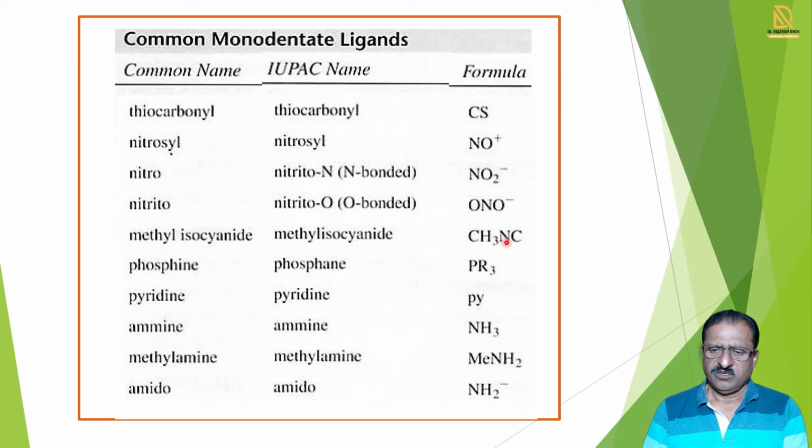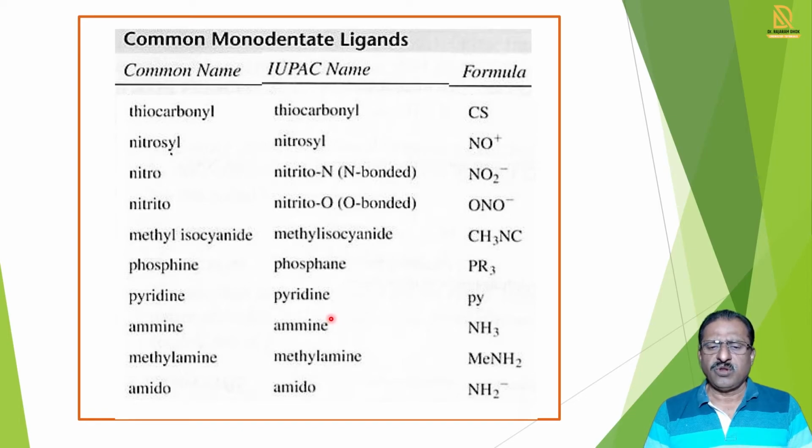CH3CN, that is called methyl isocyanide. Then PR3, that is phosphane. PY, pyridine. NH3,